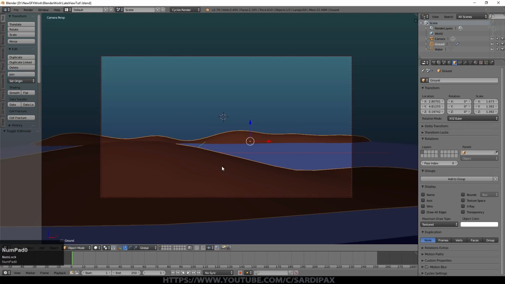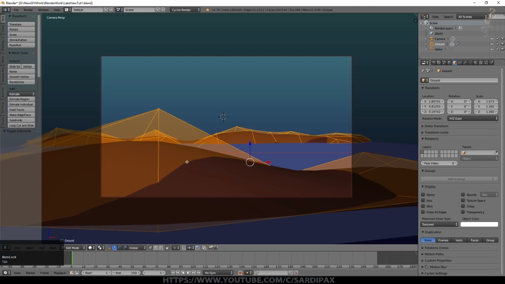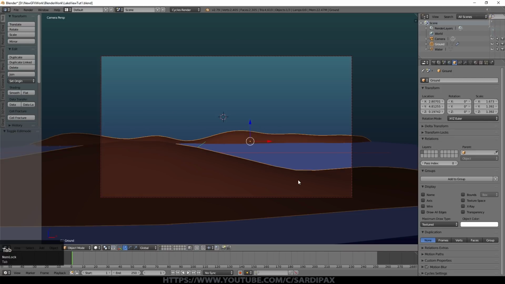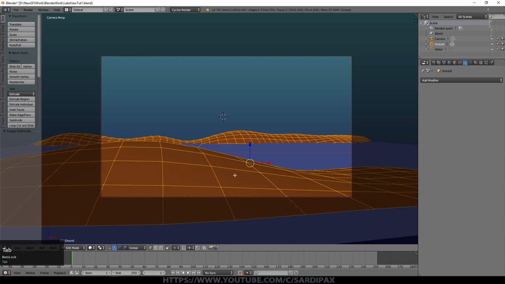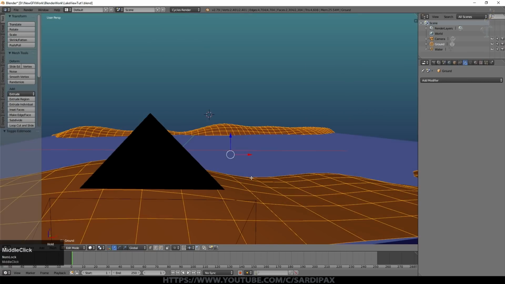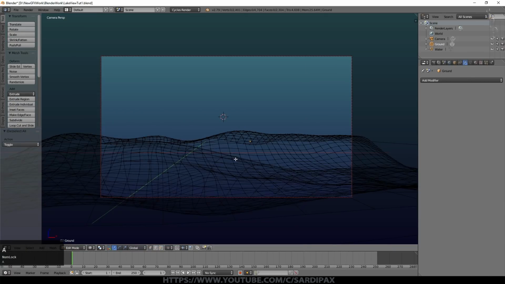So what we can do at this stage is to start to define where plants and things are going to be before we've got lots of other things in the scene. Now, because we haven't got very many vertices like that, it's going to be difficult to really narrow that down. We could just subdivide it, or I can just apply the subdivision surface, which I don't always want to do, but I will in this case, simply because it'll give us more geometry to play with. So I'm going to go into wireframe view.